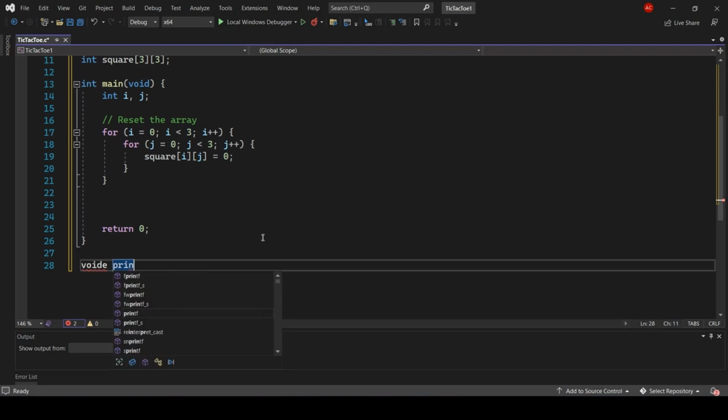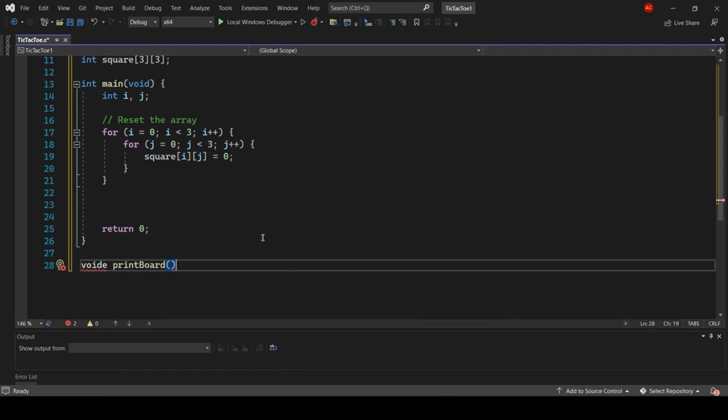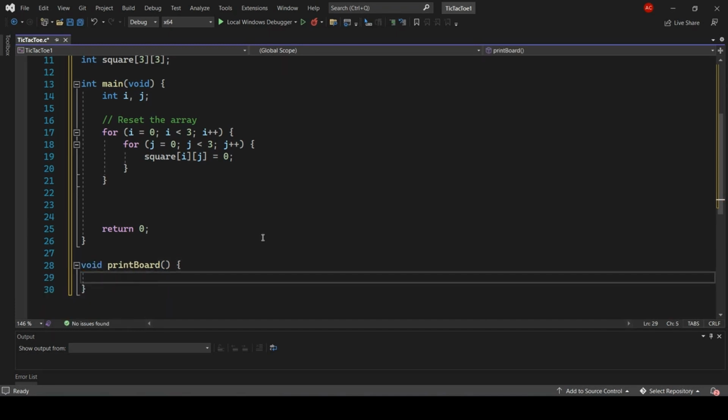The first function we will create is a function that prints the game board. Every time we enter this function, a board will be printed, and each square will be printed with an X or a circle or empty, depending on the state of the game at that moment.